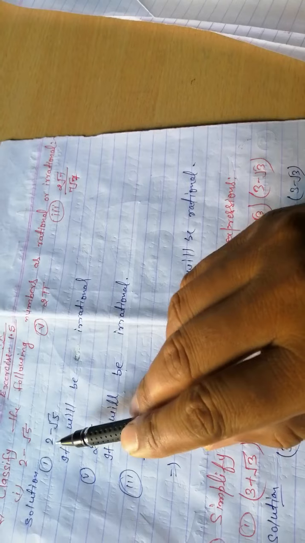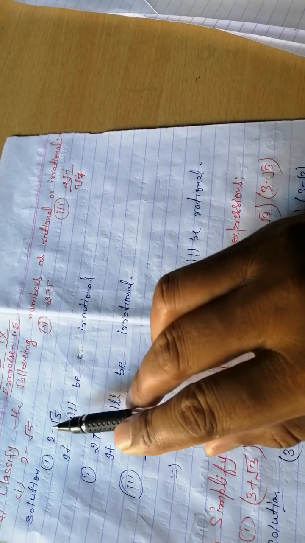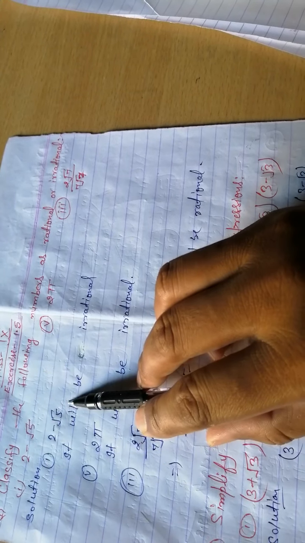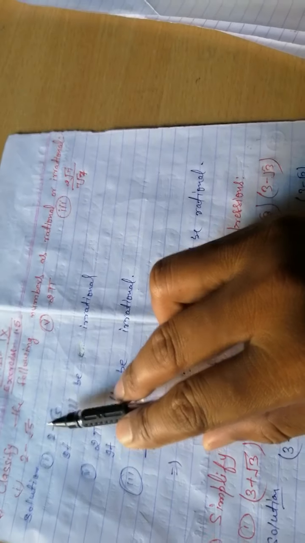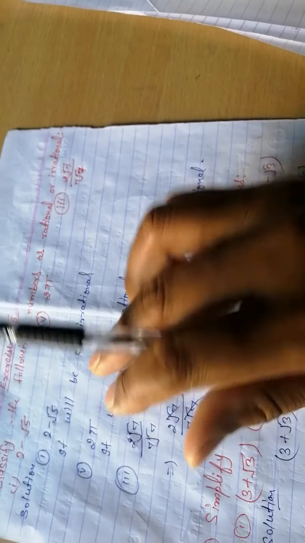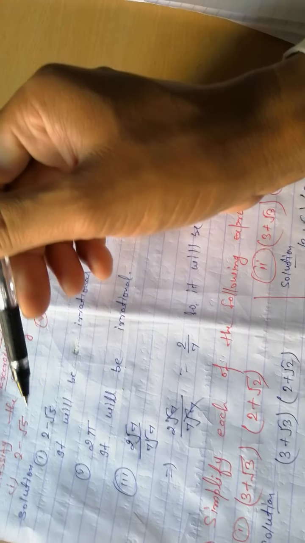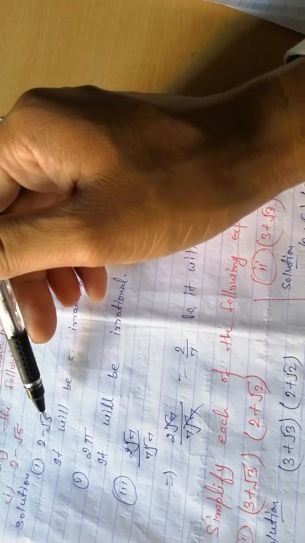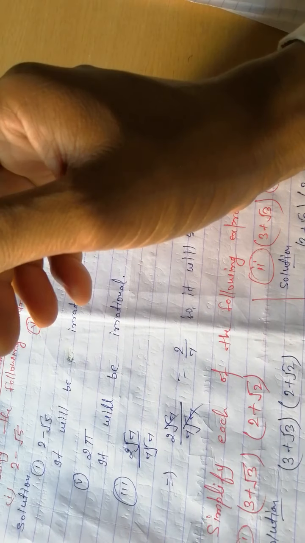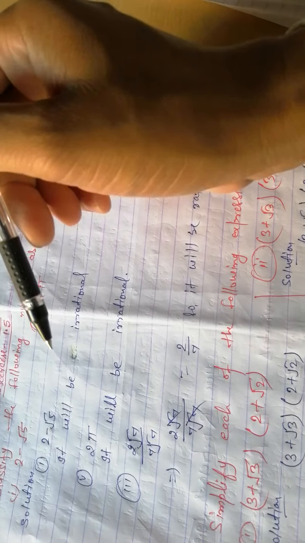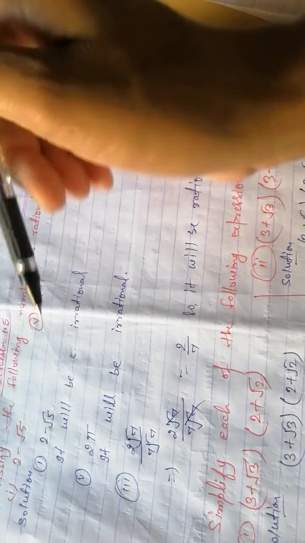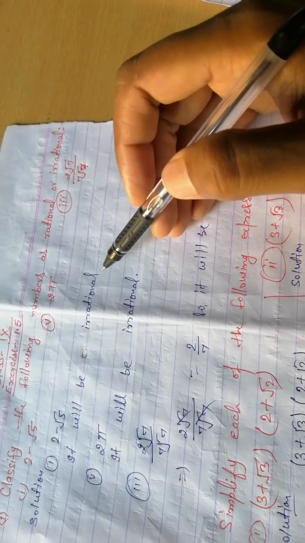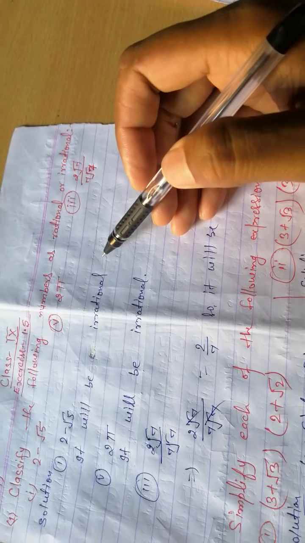For example, just see 2 minus root 5. It has one rational and one irrational part. We can't reduce it or add it, it is already in its solved form. We can say it is one rational and one irrational. As I said, whether we subtract, multiply or divide a rational with an irrational, its answer will be irrational, so it is easy to say it is an irrational number.